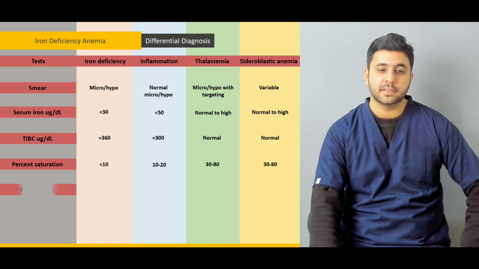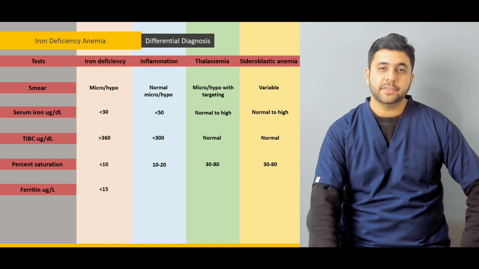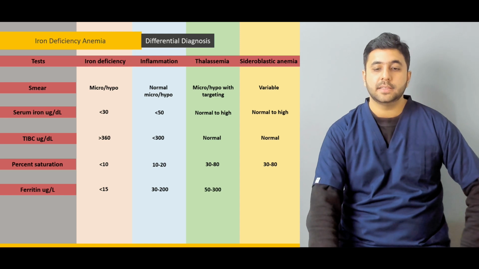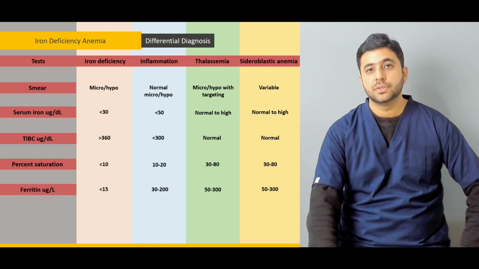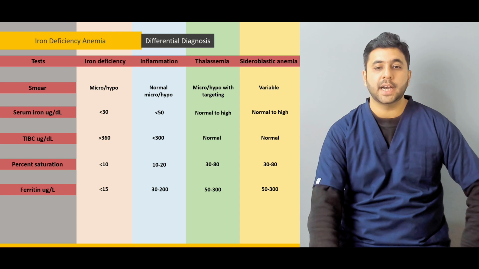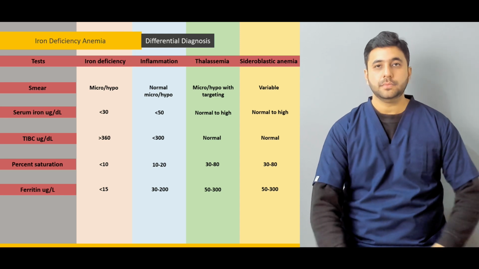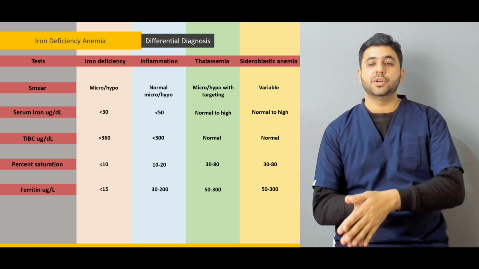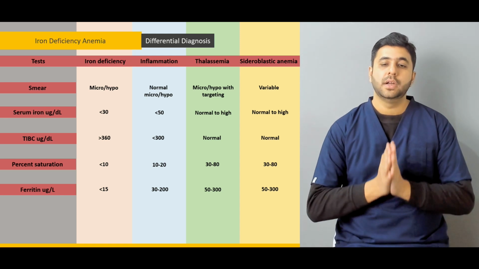Finally, ferritin is the one which is very important. In iron deficiency anemia, the ferritin levels are as low as 15 micrograms per deciliter. But in inflammatory conditions, in thalassemia, and in sideroblastic anemia, the serum ferritin levels are either normal or high. So ferritin gives us the most important marker for differentiating iron deficiency anemia from the other types of hypochromic microcytic anemias. And later on, we can eventually differentiate thalassemia from sideroblastic anemia based on the blood smear picture,